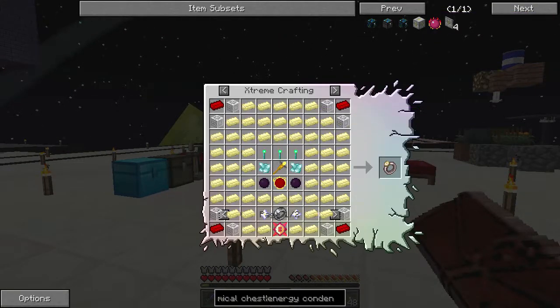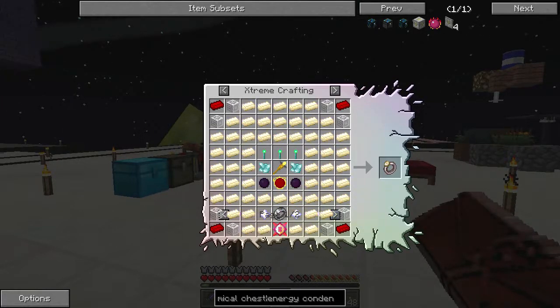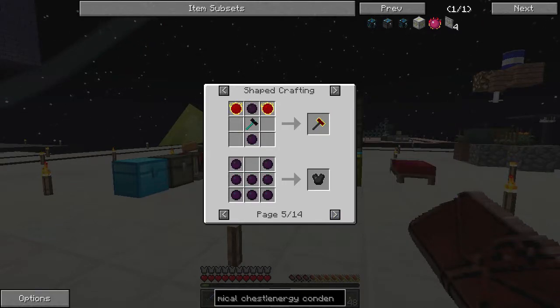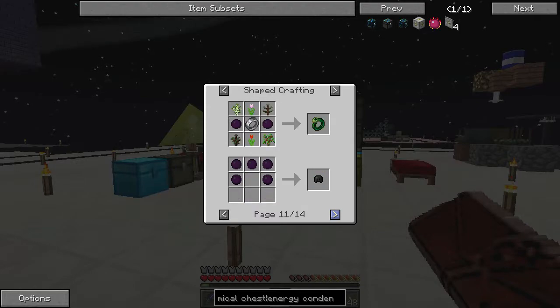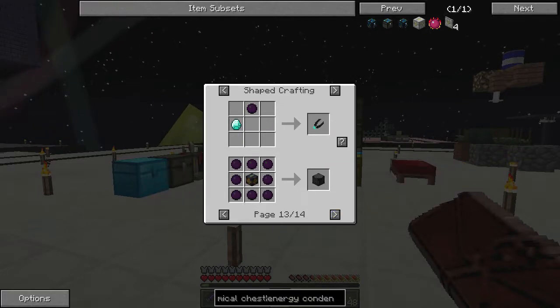But dark matter is also used to make a bunch of different things, such as tools, which are really good, as well as the red matter tools. And there's armor sets, and there's a bunch of other various items and trinkets and whatnot. I'm not going to go over all of them. You can also make dark matter blocks. Some of the more important ones,